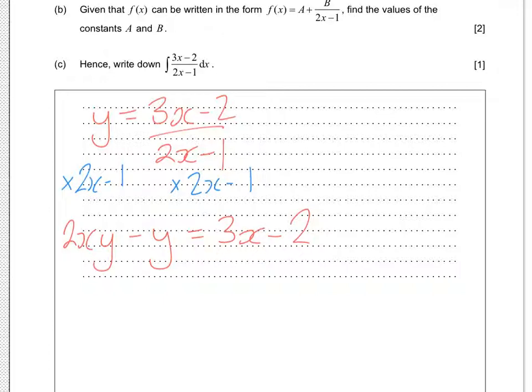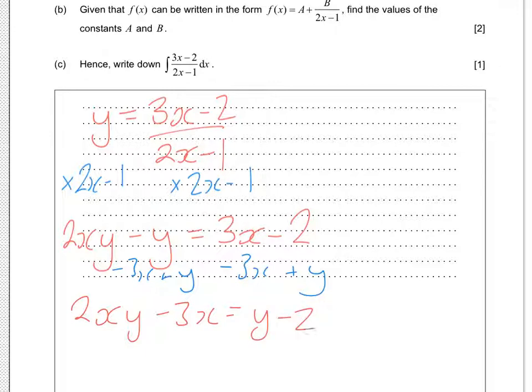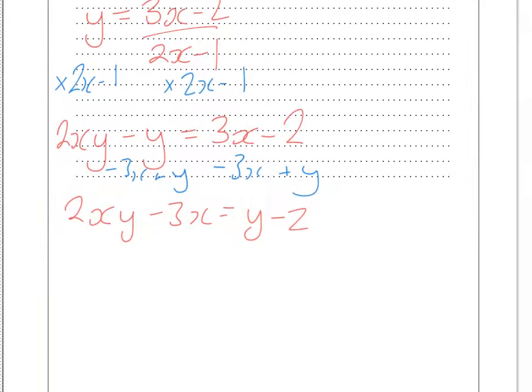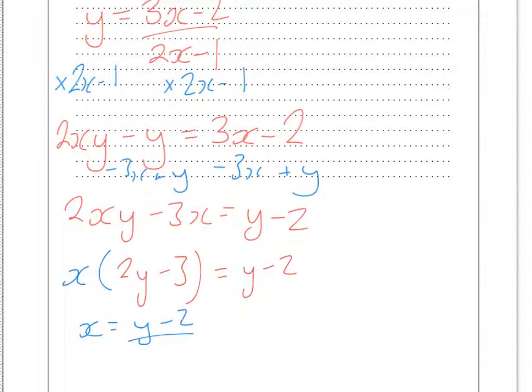So I'm going to subtract 3x from both sides, and add y to both sides, so I end up with 2xy minus 3x equals y minus 2. Nearly done. Take x out as a factor here, and you get x times 2y minus 3 equals y minus 2. So we get x equal to y minus 2 over 2y minus 3,